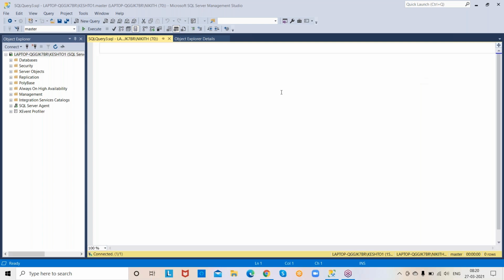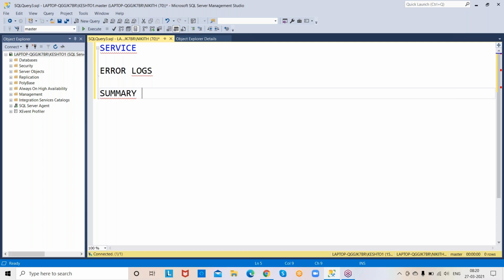What are the post installation checks? We have to check the services of SQL Server. In the same way, we have to check the error logs of SQL Server. And we have to check the summary file, summary.txt, the text file, right?